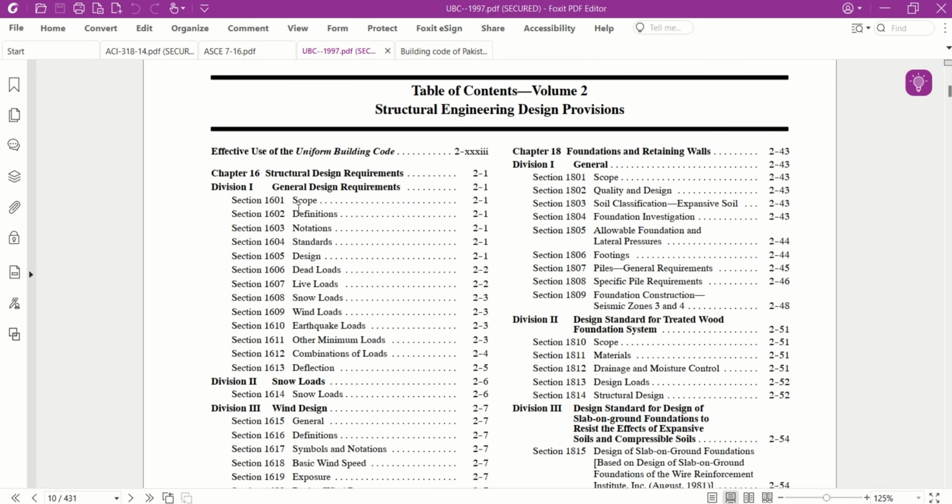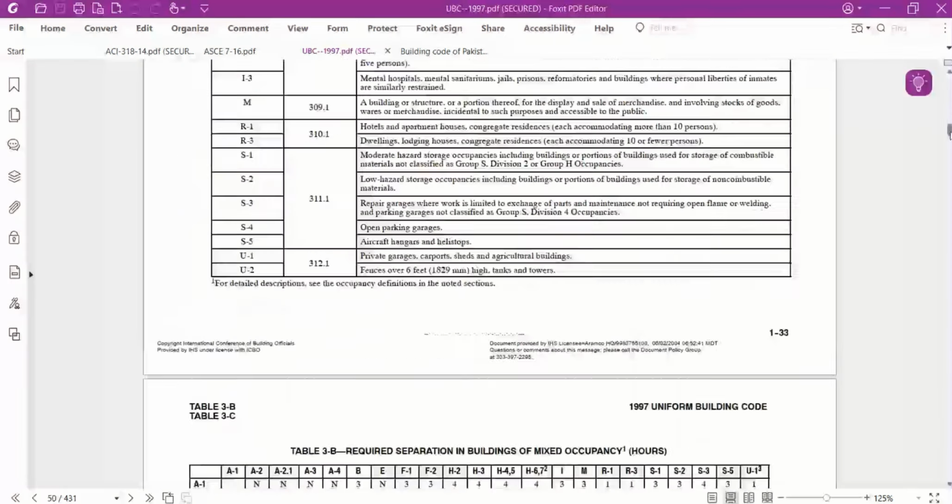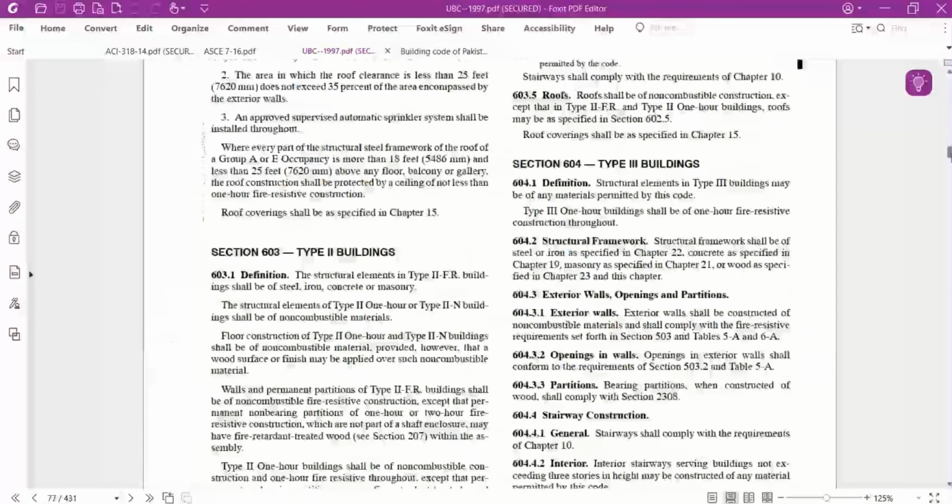out the different sections. For example, in chapter number 16, structural design requirements, you can check the dead loads, live loads, snow loads, and they have given the values taken from the UBC 97 and ASCE 7-16. So you can go through this chapter, this code as well,